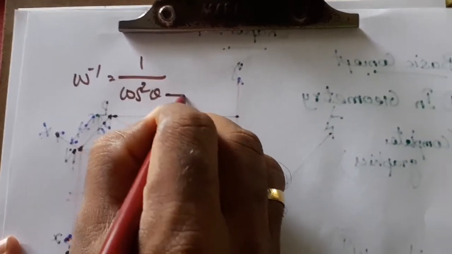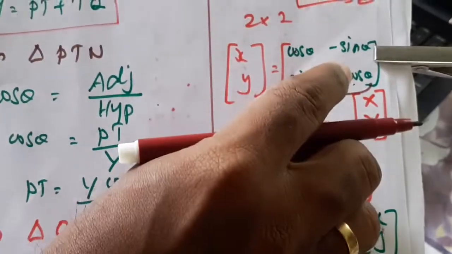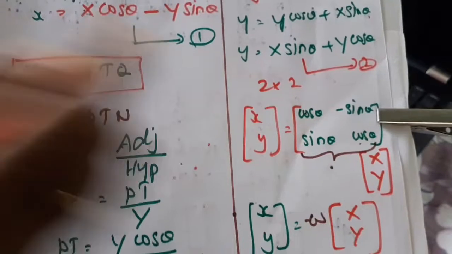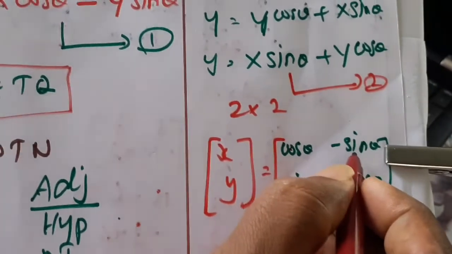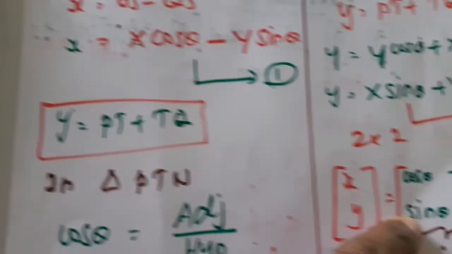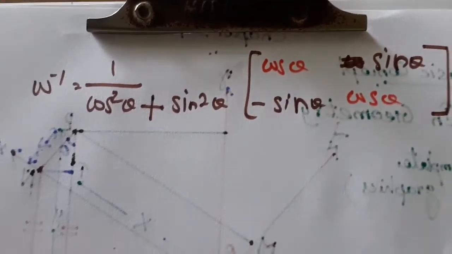Again, whenever we cross multiply, a common minus will come, but we have to multiply minus sin theta into sin theta, which means minus sin square theta. But since we have a common minus, minus into minus gives plus sin square theta. Again, how do we find the adjoint of W? Interchange the leading diagonal. Both sides we have cos theta, so don't worry. But for the off-diagonal terms, you should write them with the sign changed. Already we have minus sin theta, so definitely you should write it as positive sin theta. Then we have plus sin theta, so we should write it as minus sin theta. This is the adjoint of W.